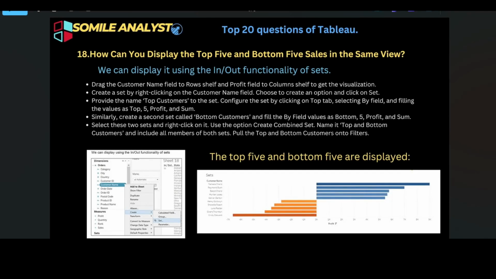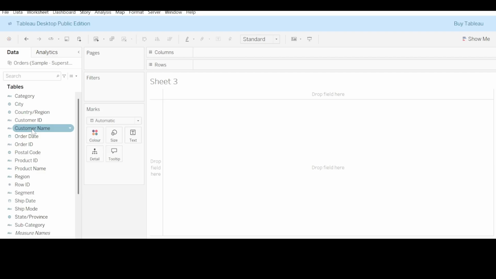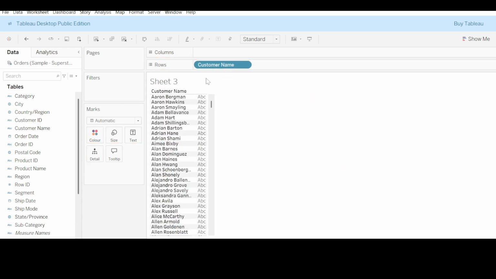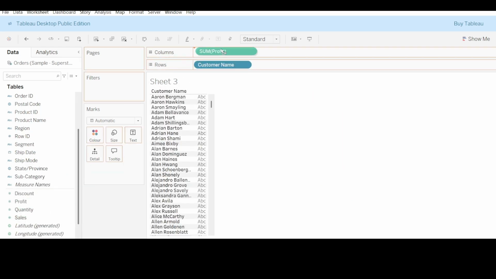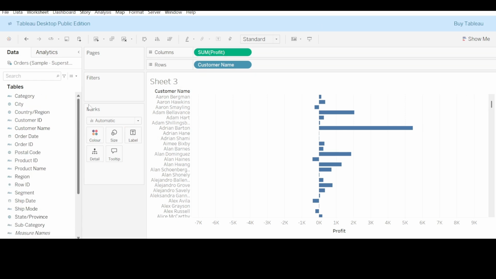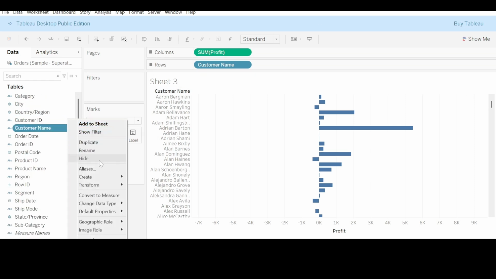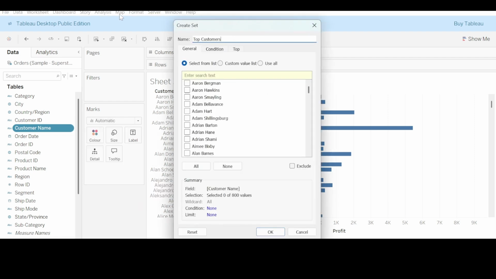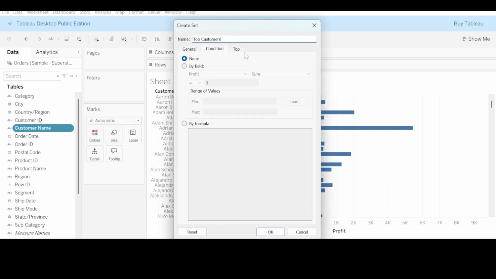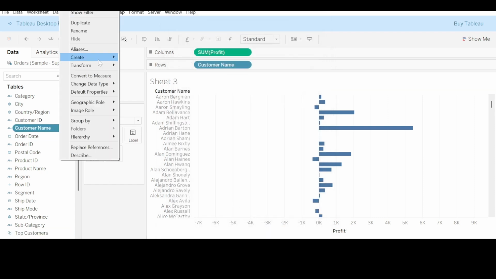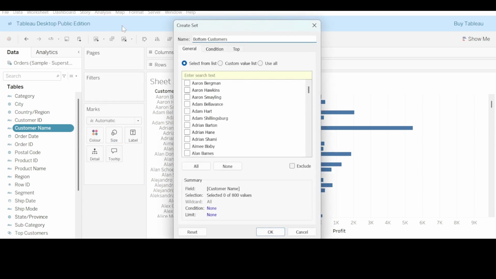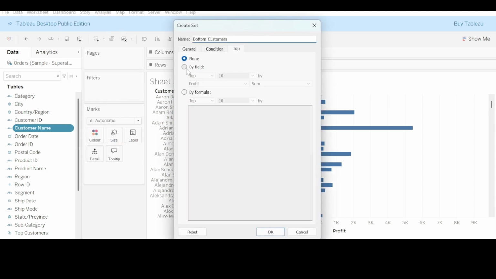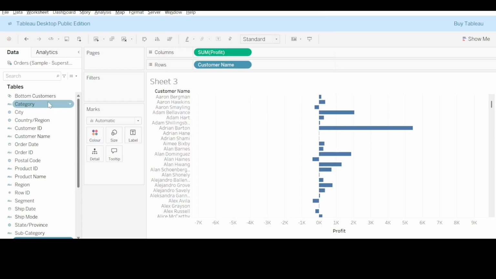How can you display the top 5 and bottom 5 sales in the same view? We can display it using the in-out functionality of sets. Drag the customer name field to the rows shelf and the profit field to the columns shelf to get the visualization. Create a set by right-clicking on the customer name field, choosing the create option and clicking on Set. Provide the name Top Customers to the set. Configure the set by clicking on the Top tab, selecting By field, and filling the values as Top, 5, Profit, and Sum. Similarly, create a second set called Bottom Customers and fill the By field values as Bottom, 5, Profit, and